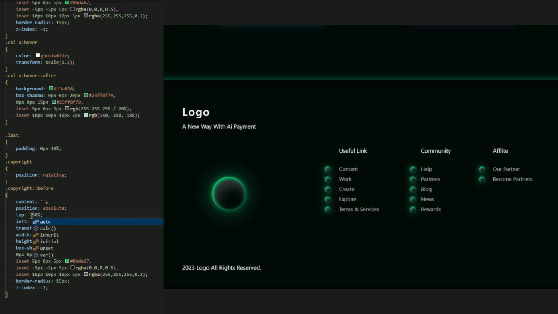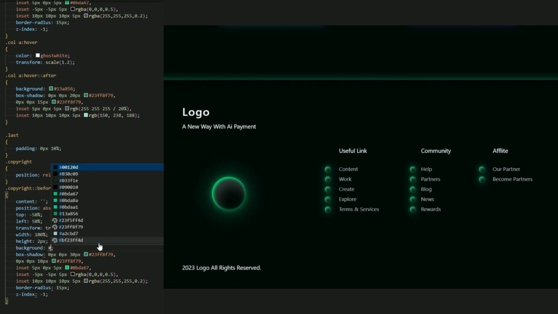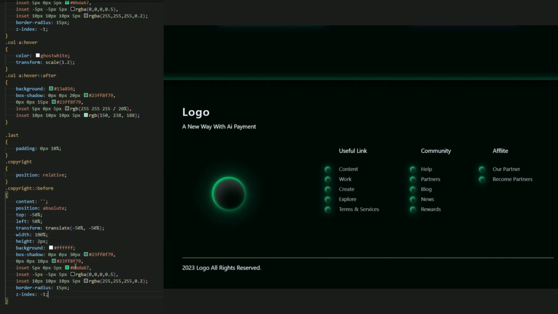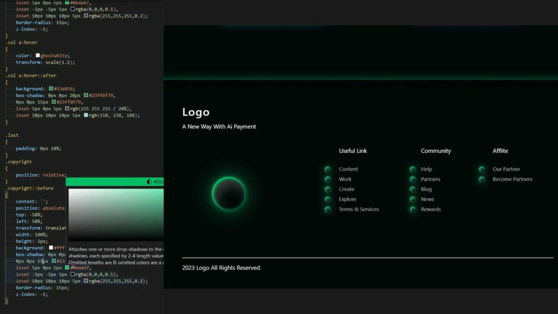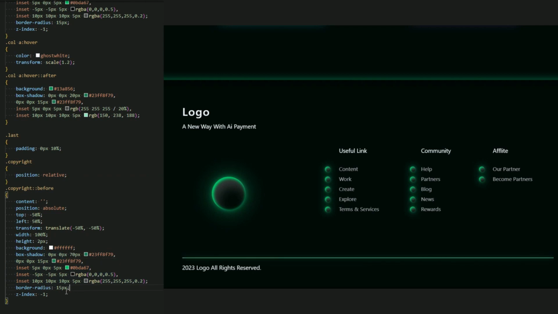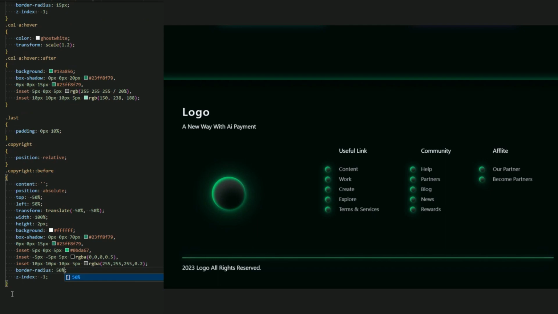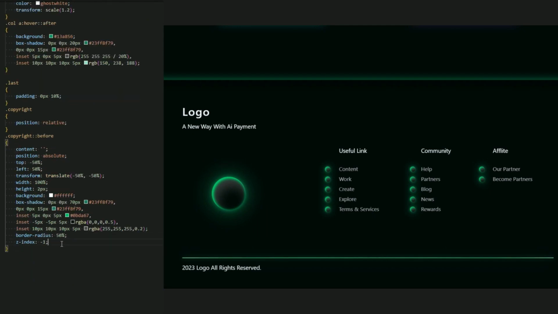Okay, set the top minus 15% and the left 50%. Top be a minus 50% and the left be 50%. Okay, let me just remove this, we don't need to rotate, and set the width 100% for this copyright, and this be 2 pixel, just like creating a line. So the background, let it be white. Okay, this color, and yeah, 70 and 15 pixel. Okay, this is the border, and let me just add the border radius 15%. Here we go, guys, we created this beautiful website.